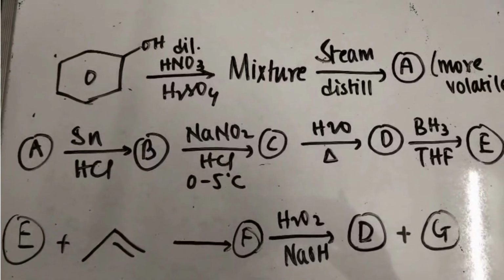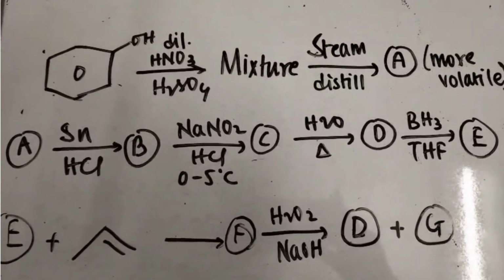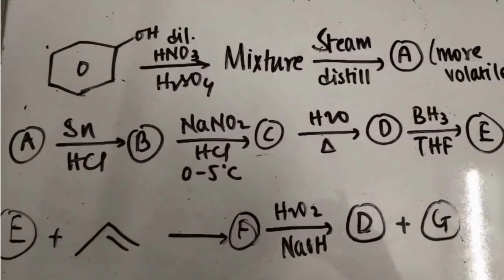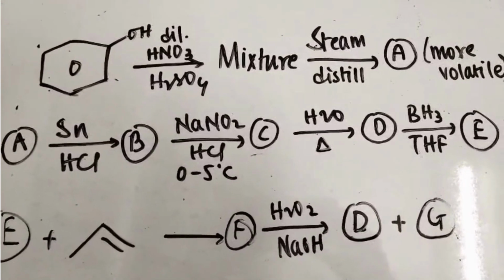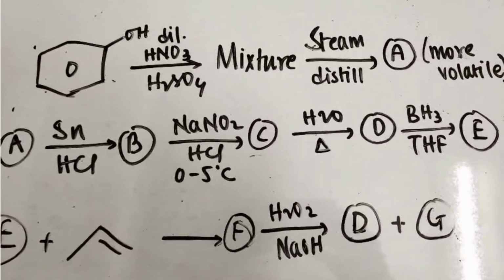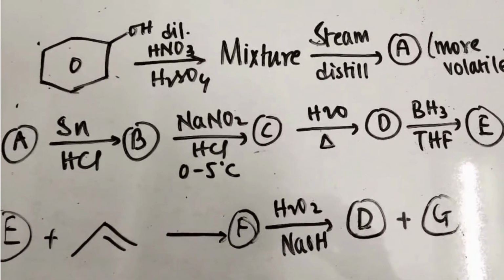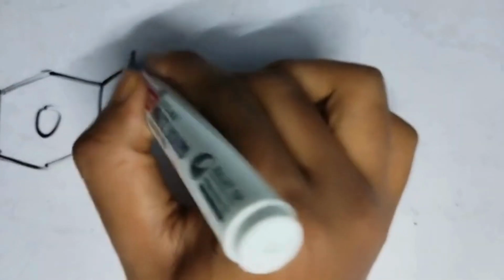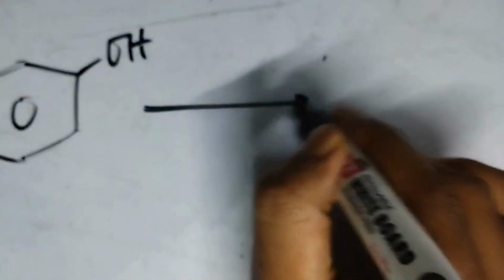So this is the question. The question starts with phenol, and there is a series of reactions, one after another, and we have to identify each of the products. Pause the video, give it a try, and comment down your answer, and then we shall proceed with the solution. Now, to proceed with the solution, we have been given phenol as the starting substrate, and